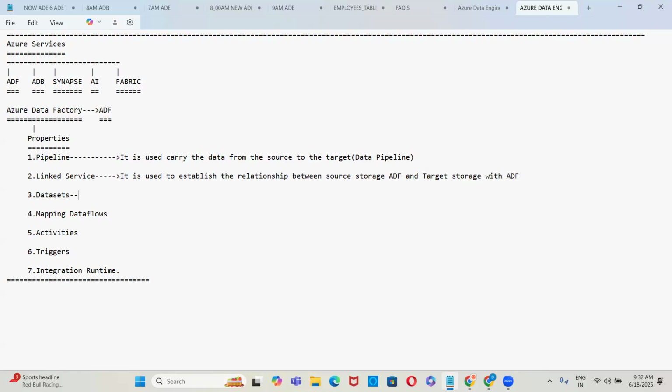That's it, guys. Then you have the datasets. Dataset means, guys, it is the pointer to the physical location of the data.